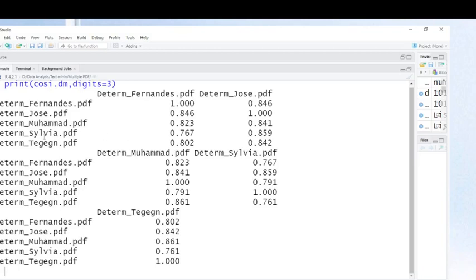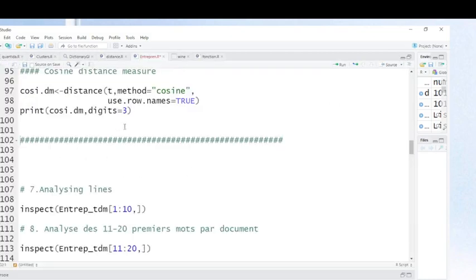When I compare Sylvia to Fernandez, you see the similarity. When I compare Tegen to Fernandez, you see the cosine similarity, and so on. This is how you can use cosine and Jaccard similarity